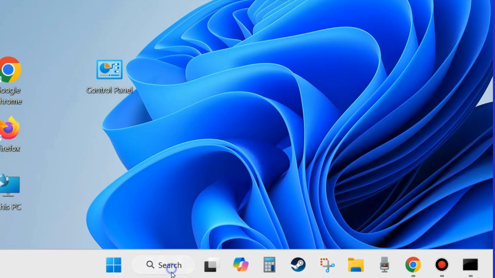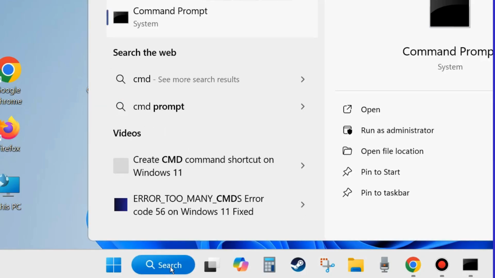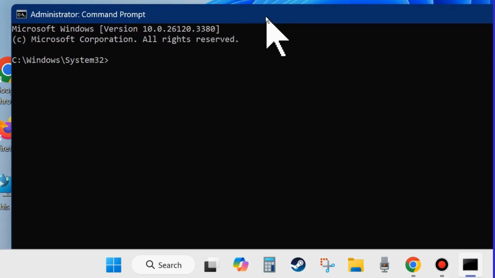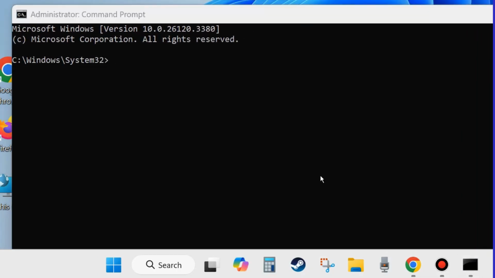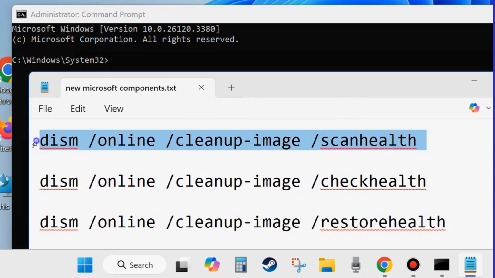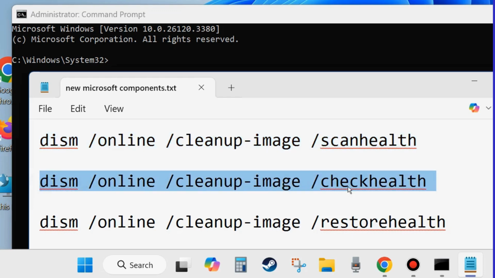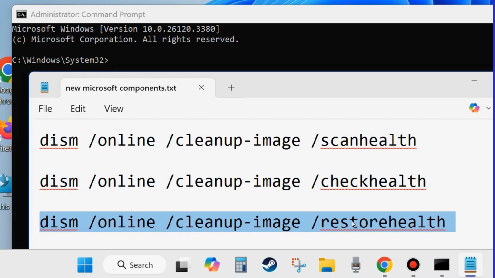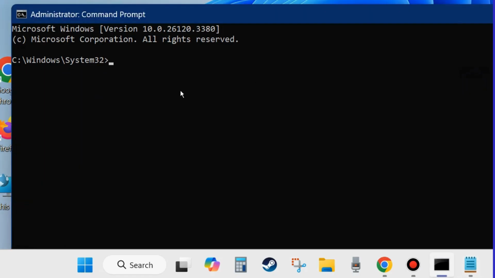The first one is, go to Windows search, type cmd, and open Command Prompt in Windows as administrator mode. Here, execute these three DISM tools as shown on screen: DISM online cleanup image scan health, DISM online cleanup image check health, and DISM online cleanup image restore health. Execute all three commands one by one in Command Prompt, followed by the Enter key each time, and follow the on-screen instructions to complete the process. Thereafter, execute the command